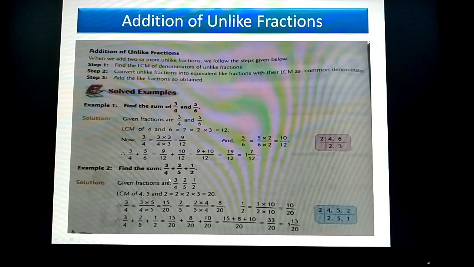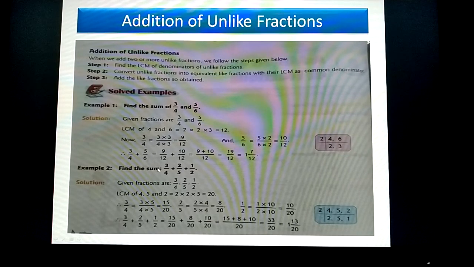So similarly here also, find the sum. Here we have to find the LCM of 4, 5 and 2, and that is 20. And then a similar process we have to follow. The process is similar to what we have learned in our last class, comparison of fractions. There also we have done the same thing, taking out the LCM. After taking out the LCM, that LCM is considered as the common denominator, and then we make these equivalent like fractions, and after making them equivalent like fractions, then addition is simple, just like addition